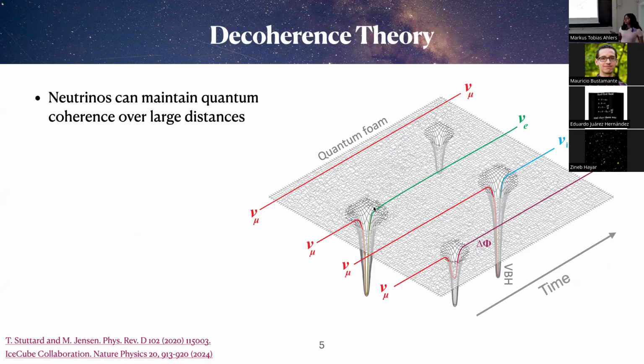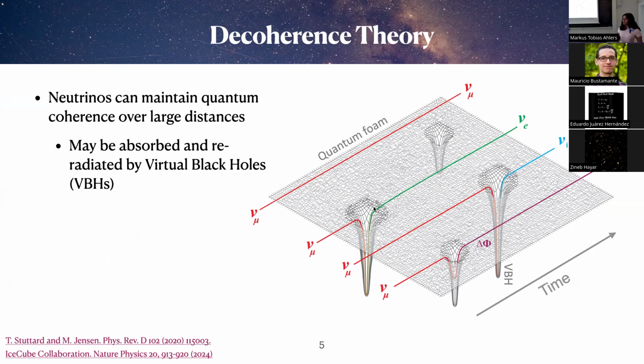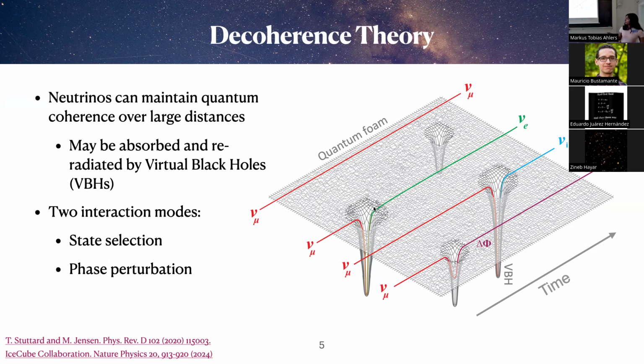So why neutrinos in particular? Well, neutrinos can maintain their quantum coherence over very large distances, so they may be absorbed and re-radiated by virtual black holes, which are shown in this diagram. Virtual black holes are microscopic black holes that may be created due to quantum fluctuations of spacetime, otherwise known as the quantum foam. So we study two different interaction modes in this analysis, where first we have state selection,